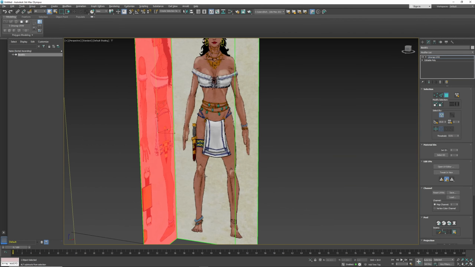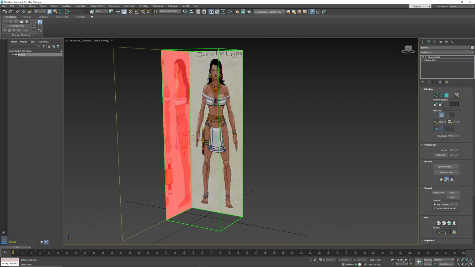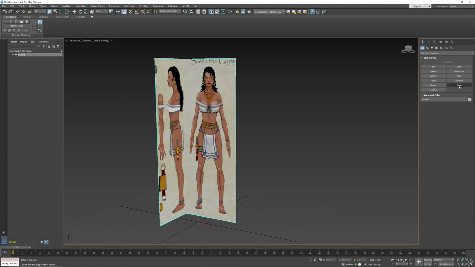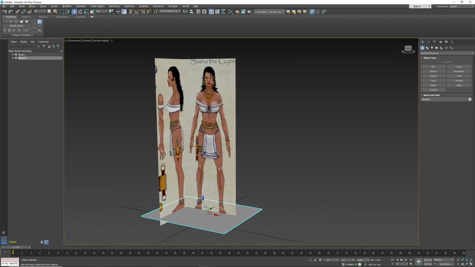Now once this is done, we've got all our sides, everything looks like it lines up, and you can do a simple fix like so. If you just want to check if things are lining up, we can take a plane and move that plane up, and you can see, okay, feet are lining up, okay, this doesn't line up, that doesn't line up. So that means I have to make some adjustments, and to make those adjustments, it's as simple as going